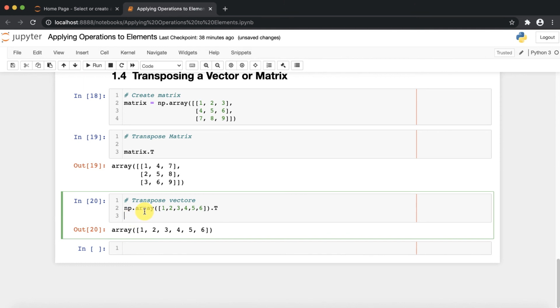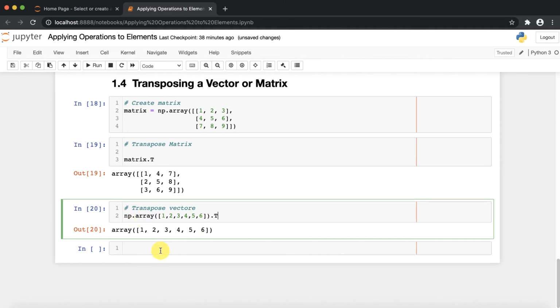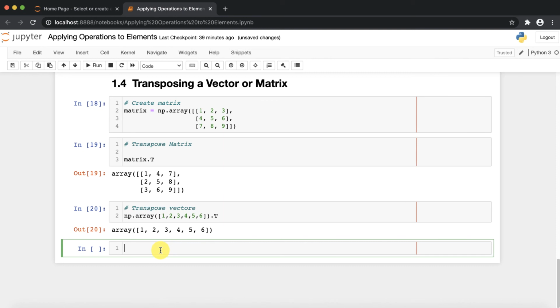So don't forget this, you cannot transpose a vector, right? But suppose if I am going to convert a row vector to the column vector, then it is possible, and vice versa, right?